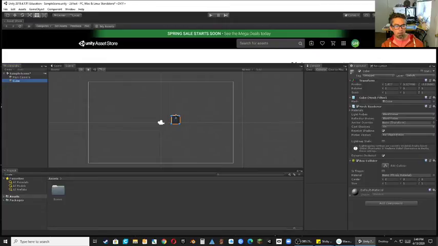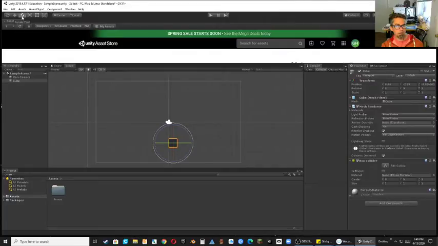Now the cube can be modified by using different tools. We can use the hand tool, and the hand tool moves our whole scene. The move tool can move your object, either vertically or horizontally, or you can select the yellow square in the middle, and that'll move it in both. If you go back up here, this little button with the two arrows will rotate it in any direction you want. And then here you have scale, so you can scale it